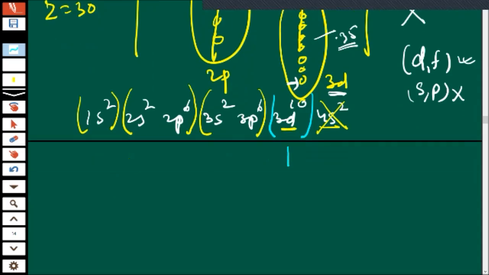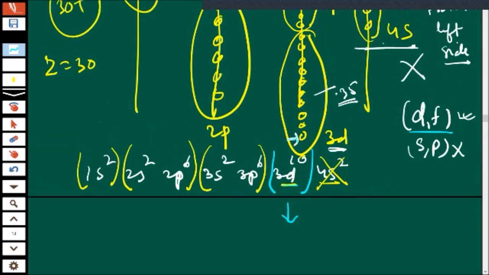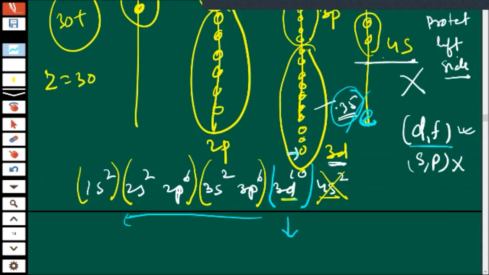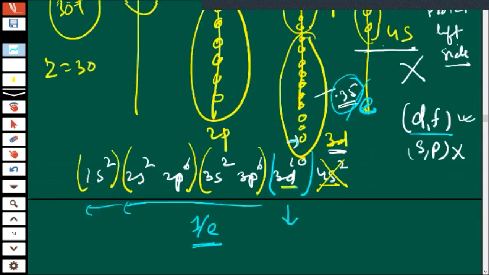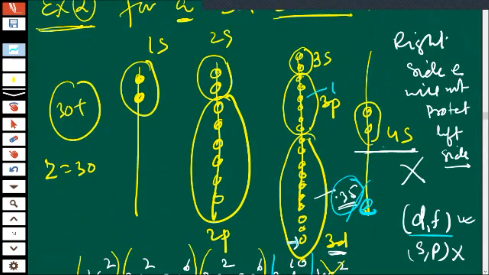So what I am telling is that this is the electron from D and F. So in D and F, what is the rule? Just see. Out of 10, only one we have to protect. So 9 members are still there. So 9 members will show 0.35 per electron. And all the remaining ones on the left will show protection of 1 per electron. Everybody will show 1, 1. Each one 1.